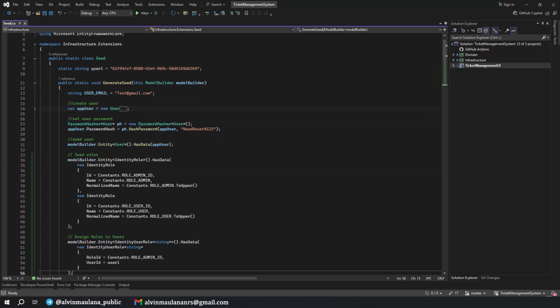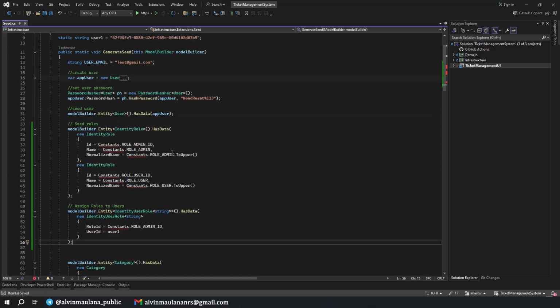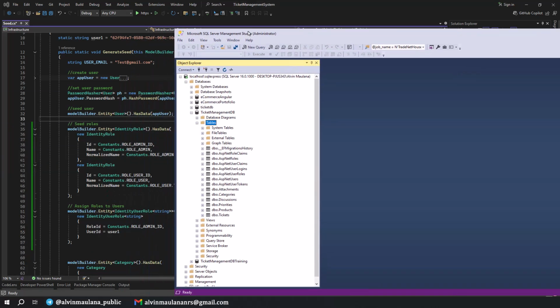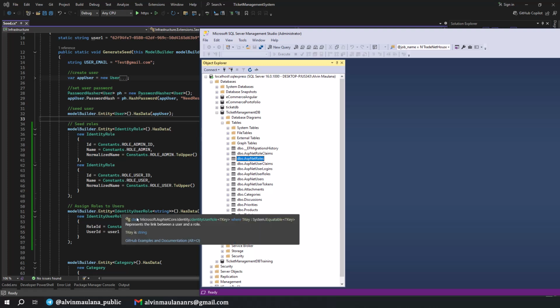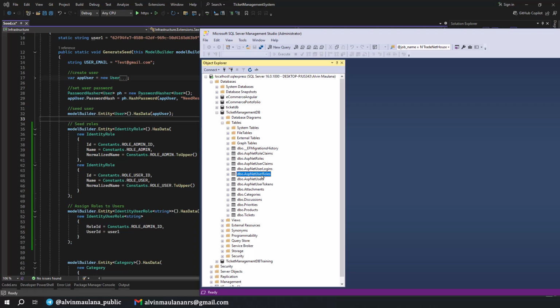this one after set user. Okay, we set roles, and then we need to add the reference for our constants. And if you remember, in our database we already have the ASP.NET Roles and ASP.NET UserRoles. The IdentityRole represents our ASP.NET Roles table, and the IdentityUserRole represents our ASP.NET UserRoles.